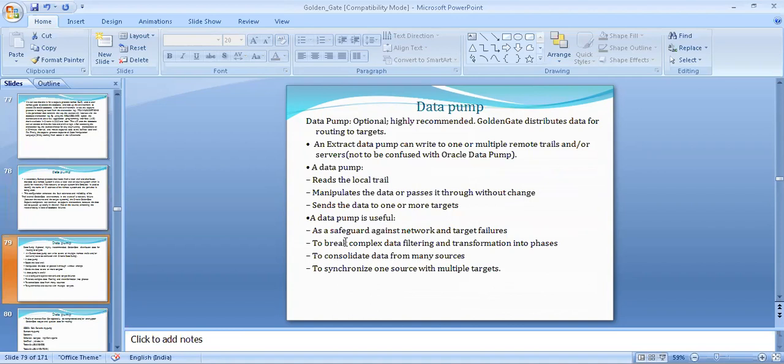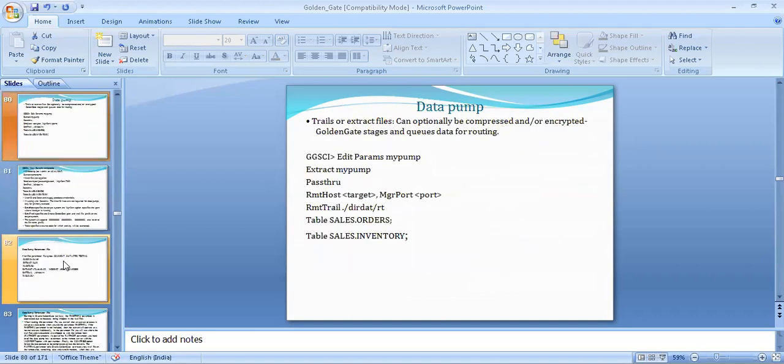Data pump is useful as a safeguard against network or target failure, to break complex data filtering and transformation into phases, and to consolidate data from many sources. Otherwise we can also work without data pump. It is secondary and optional.